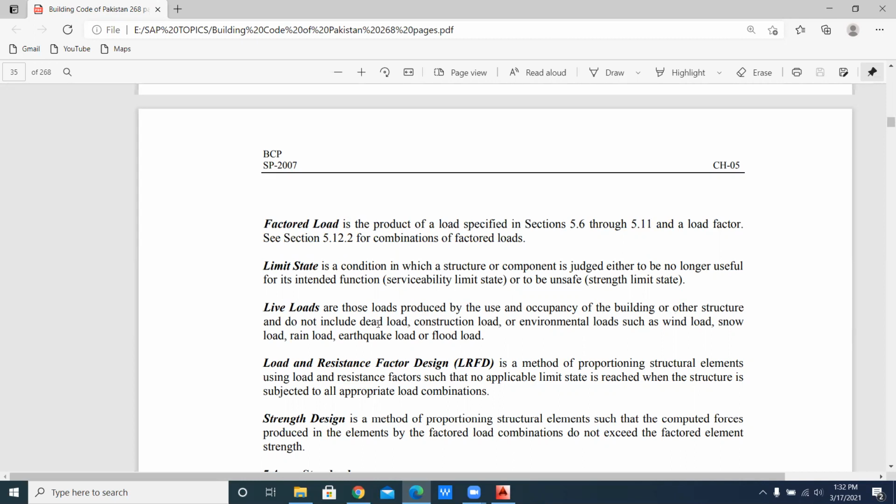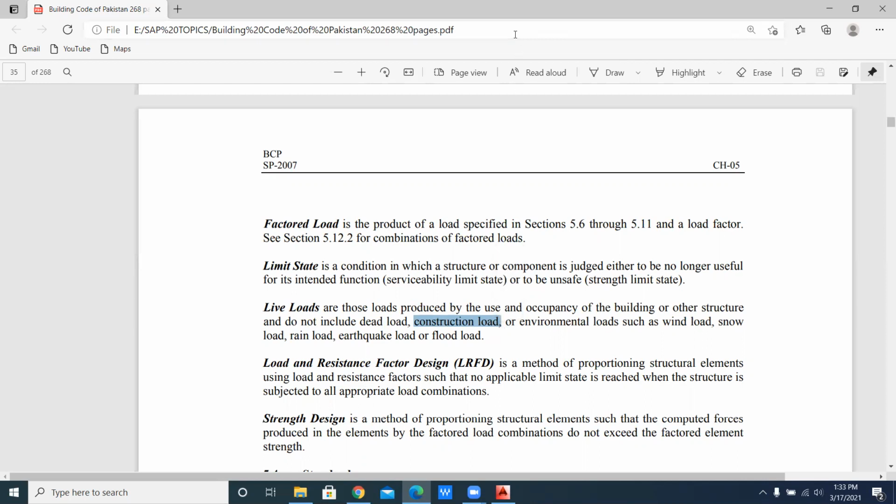Construction means your column load, beam load, and slab load, which you consider as dead load. Whereas construction load means that when you are constructing, you have to keep materials like cement bags